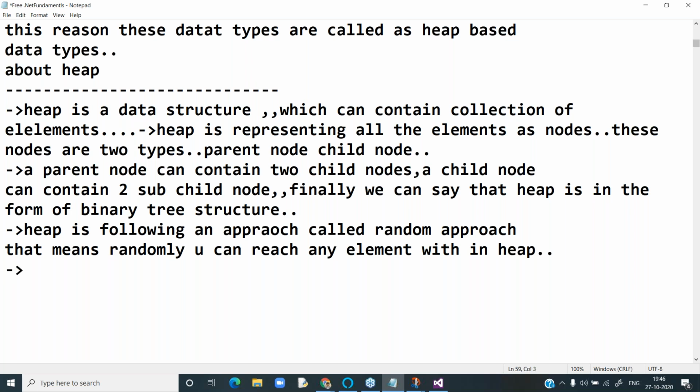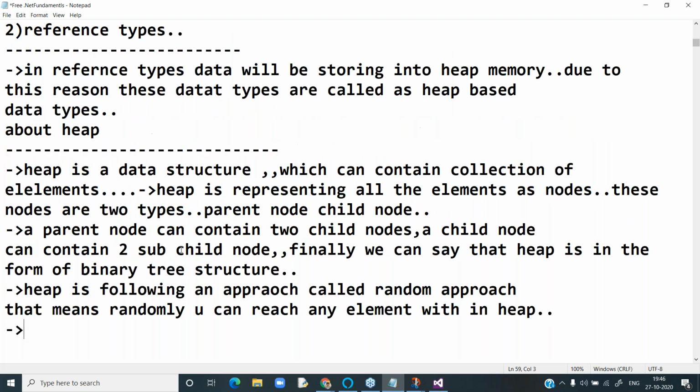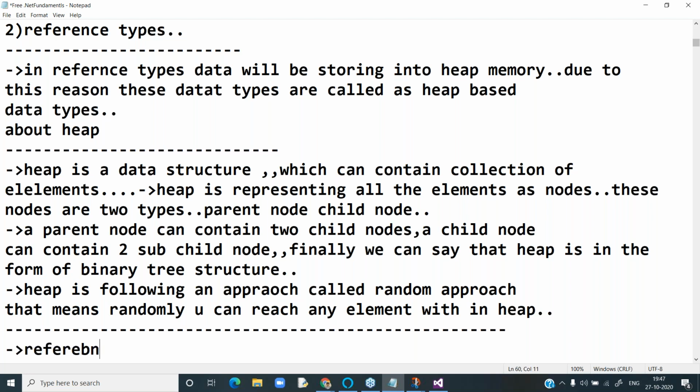Next, in C#.net, reference types are class, interface, and delegates.